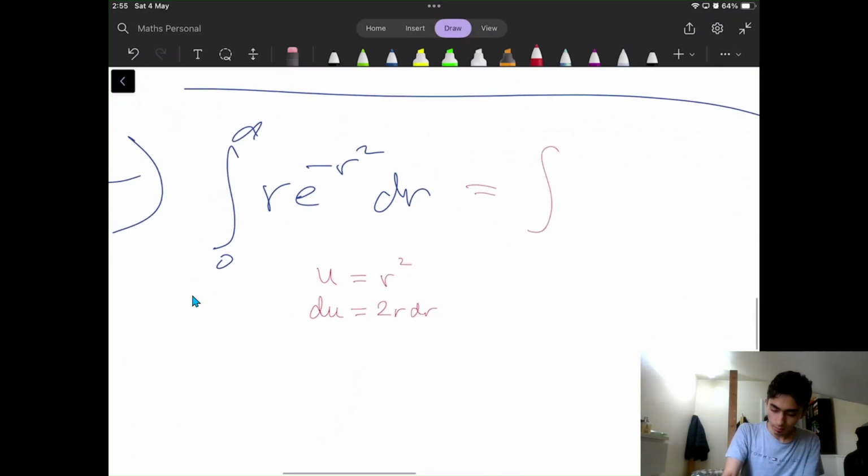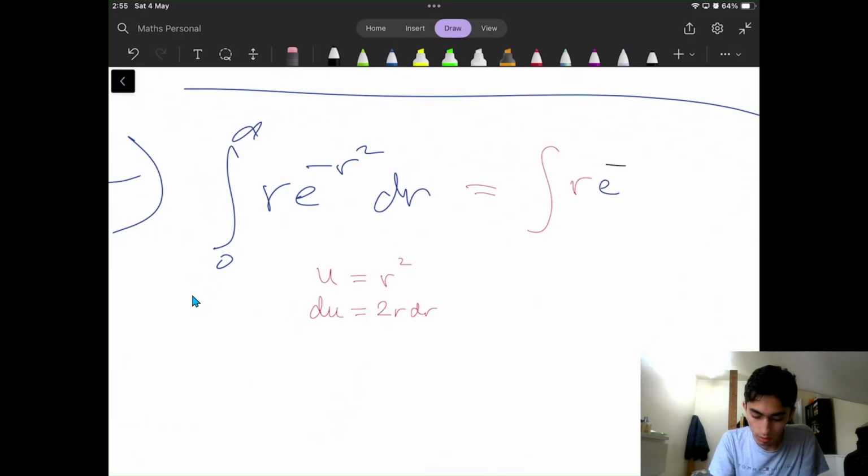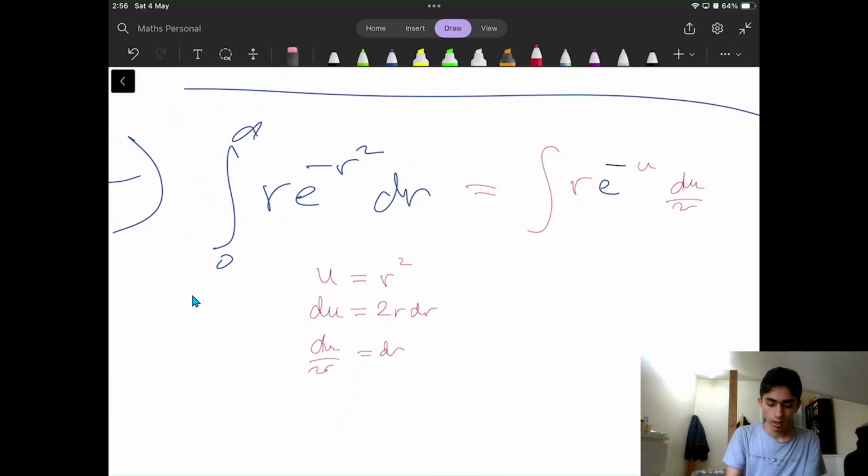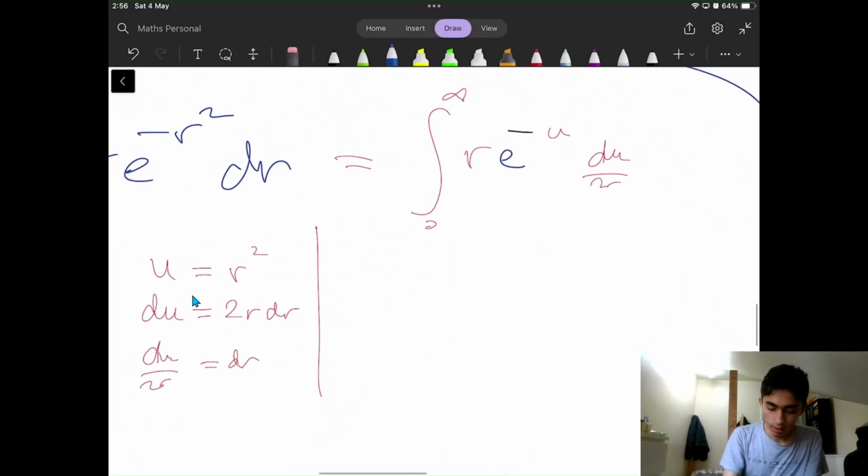And we get the integral of r times e to the negative r squared, which is e to the negative u, times du over 2r. That's because du over 2r equals dr. And the limits of integration, what are they? Well, as r goes to 0, u will also go to 0, right? And as r goes to infinity, u also goes to infinity, okay? Therefore, thankfully, these r's that were really causing trouble cancel out, and we just get